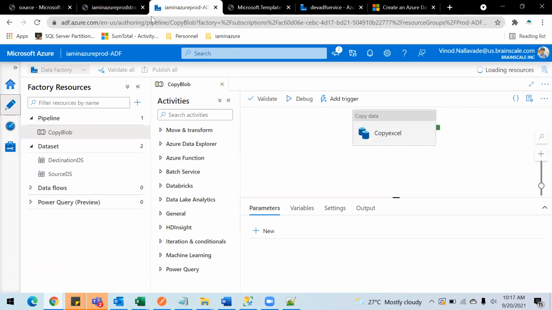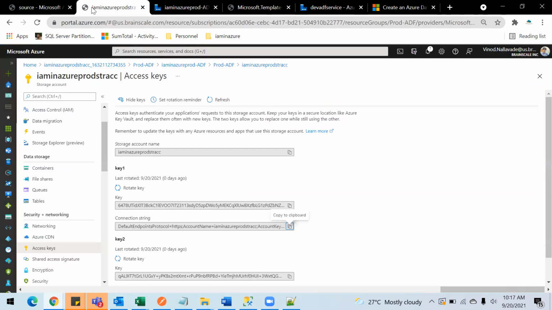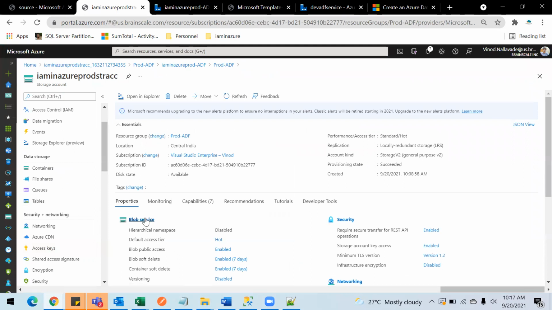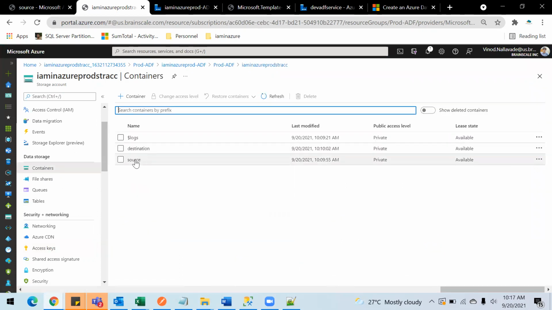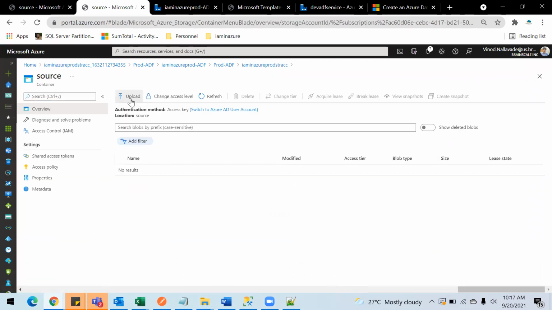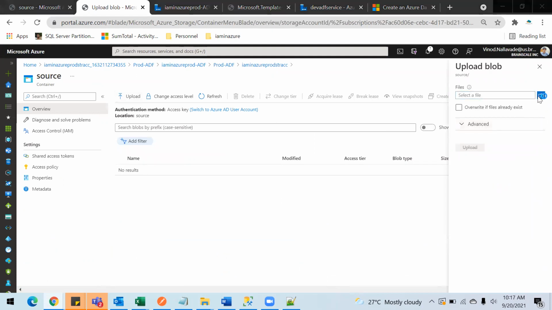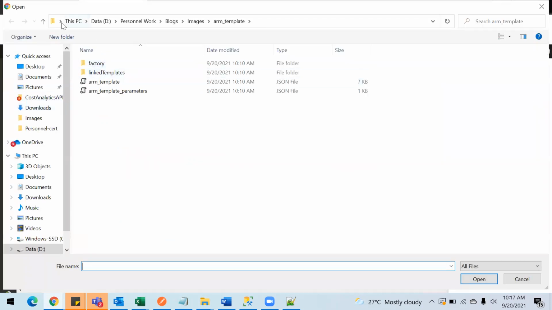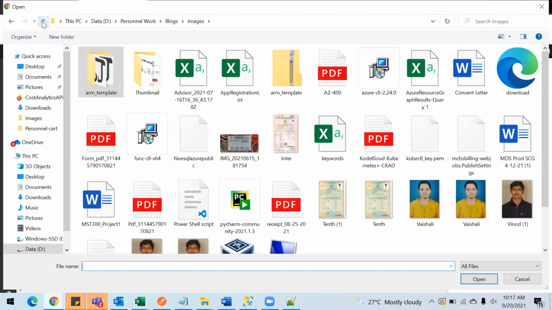Now before running this, we're going to upload some file to this source and see how it reflects in the destination. So import. It's actually Jan data.